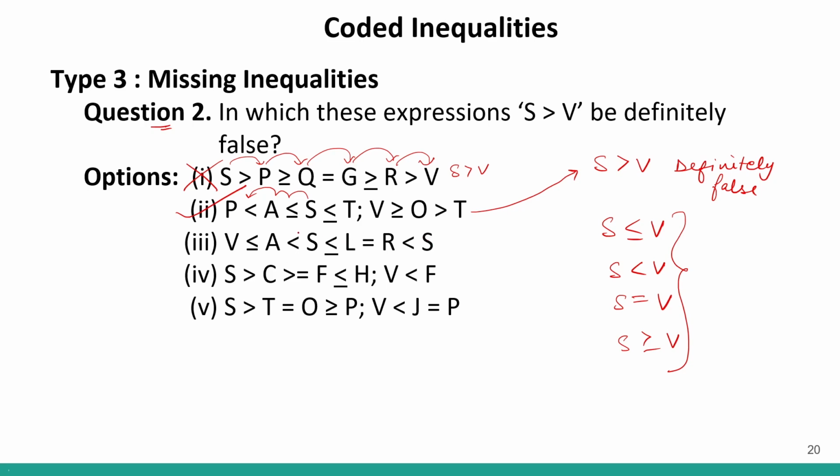Over here, from S to V, I can clearly go like this. Correct? I can clearly go like this. So this is also false. Now, over here I can see from S I can move to F, and from F I can move to V, from bigger door to smaller door. So this is also not correct. And over here also I can move from S to P and from P to V. So this is also not correct. So my correct answer will be option number 2.